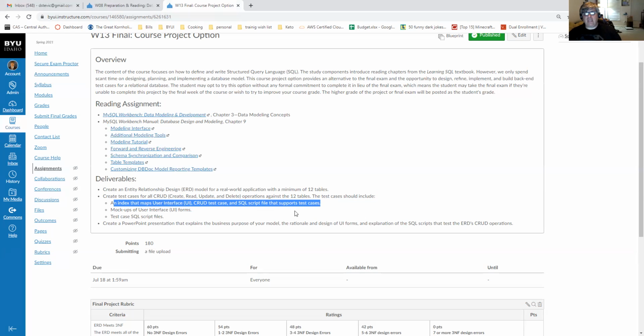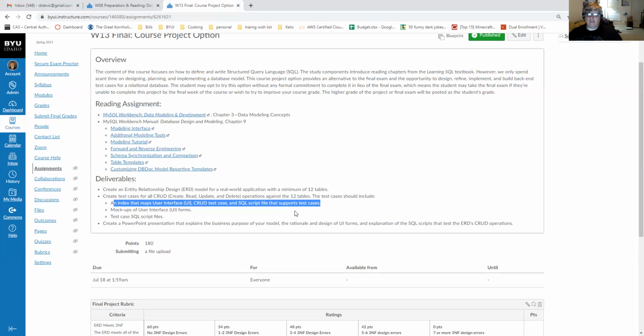So if you say I need to write a query that's going to show purchase history, you're going to have a page on your UI that says, look for, just imagine Amazon. You can go look at your orders, what you've ordered, what's coming up. So you want that, right? And you don't have to design the page. Keep in mind, you can just give me a drawing of it. See, this is what I want it to look like. If I were a developer, this is what it would look like. And so the test case has to be supported by a user interface page